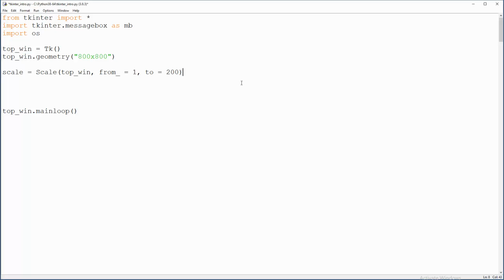And is that enough? Well, no, because you need to set the orientation, horizontal or vertical. Orient equals horizontal in this case. Is that enough? Well, no, because we need to pack it. Let's say pack it, place it, grid it. So scale.pack, and then we will put it in the center with anchor